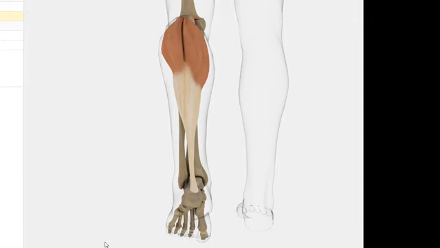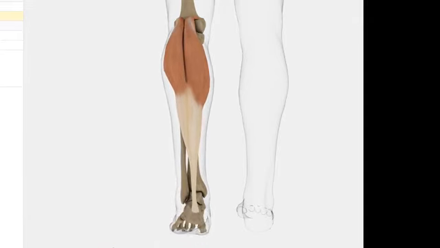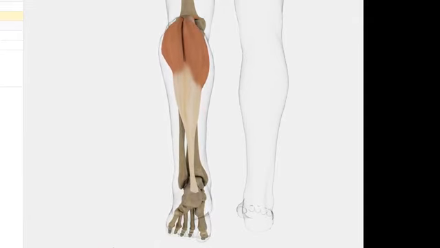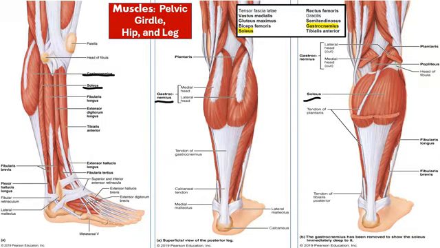Here we go. All right, folks. So let's go ahead and move on to the next piece. So we're back, and I also just want to show you